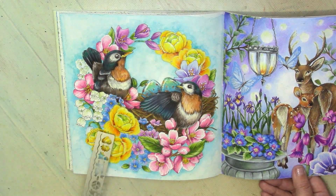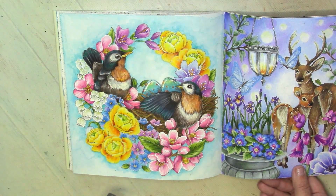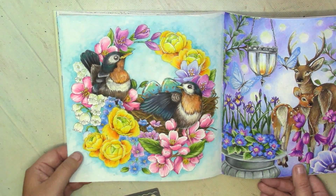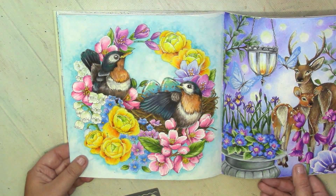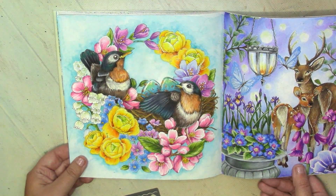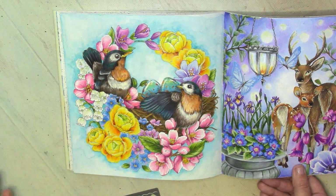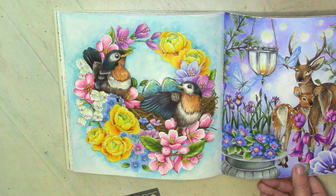But the rest of the flowers, especially those yellow and pink, were a pleasure to color. When I colored everything, I realized that I needed to do the background. And I have no idea why I selected this turquoise blue. That's why I don't like to postpone doing backgrounds: on the last step you can mess up the whole image. I don't say that it's messed up, but if I had used light green,